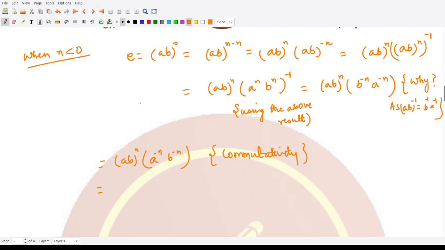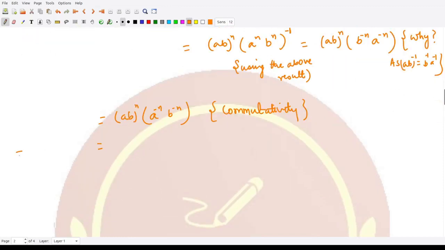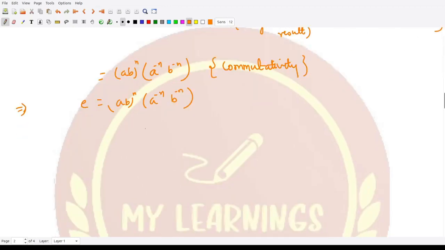And what we need to show from here, what do we obtain? We obtain E is equal to ab raised to power n, a raised to power minus n, b raised to power minus n. So we can post multiply on both sides with b raised to power n, so that it would be equal to ab raised to power n, right? And then you can post multiply it with,